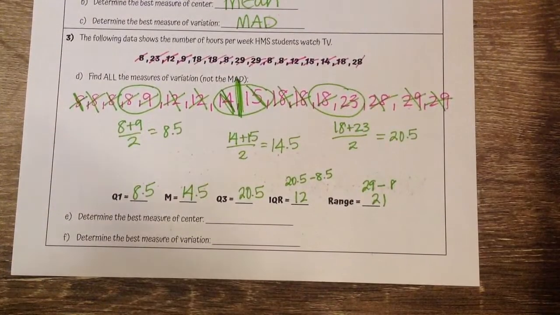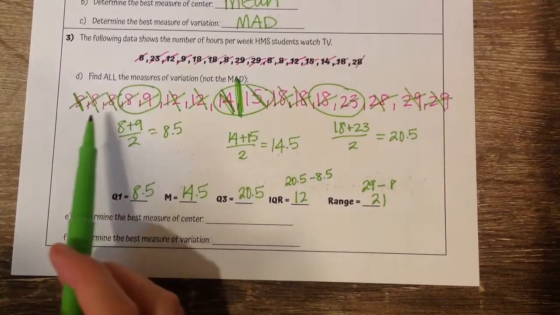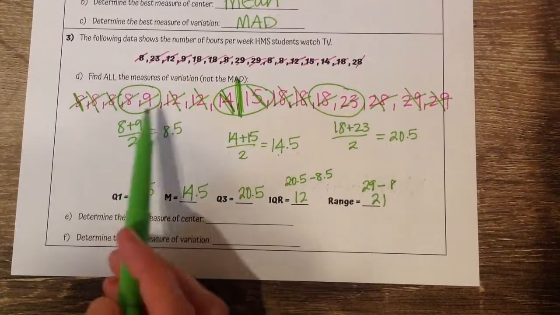If we're looking at this, are we seeing any major outliers? 8 is pretty close to 9 and 12. They're all